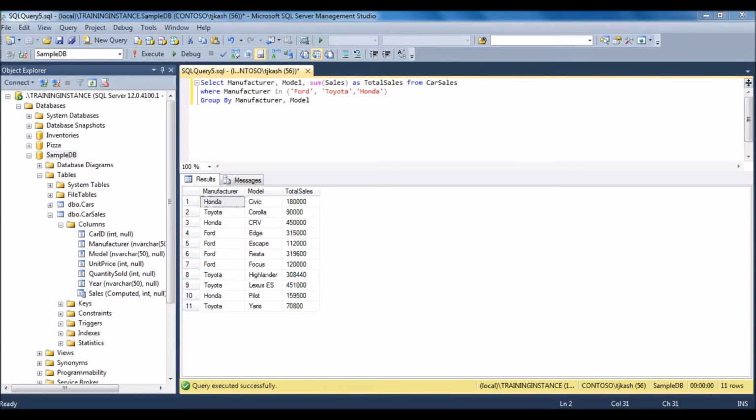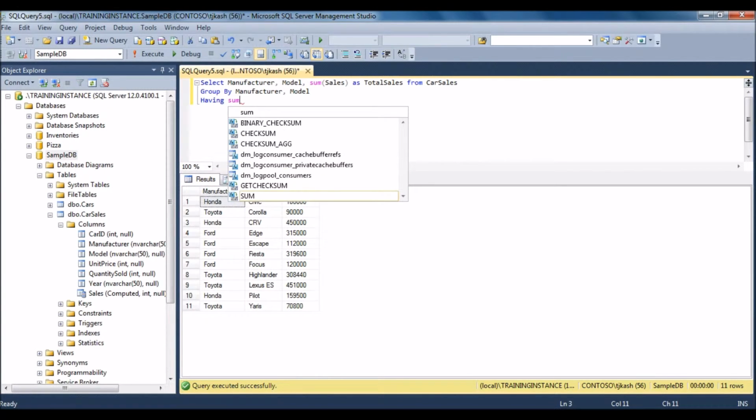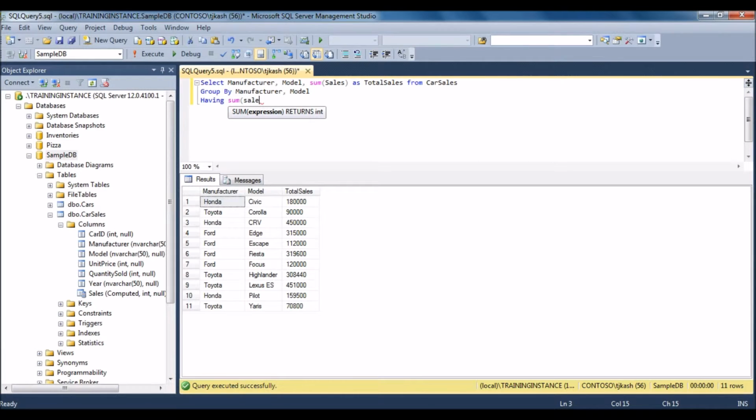It is not possible to use where clause with aggregate function, but you can use having keyword to filter result of your group by output. For example, if you have a requirement to find sum of sales greater than 300,000, so you can use a having clause instead of a where clause. So I'm going to remove the where clause. Having sum sales greater than 300,000